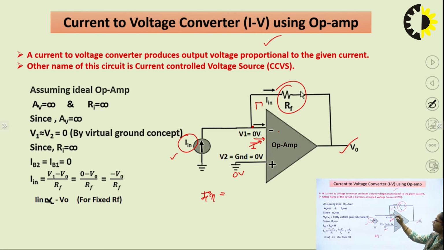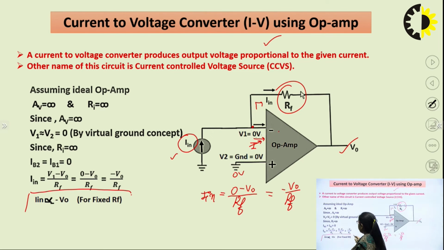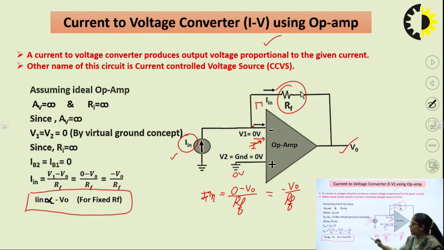Now this I in is flowing between this 0 volt and the output voltage. So I can write, I in is equal to 0 minus V out divided by RF, or this I in will become equal to minus V out upon RF. Again, for a fixed value of this feedback resistance, I can mention that this input current is directly proportional to the output voltage, or this output voltage is directly proportional to the applied